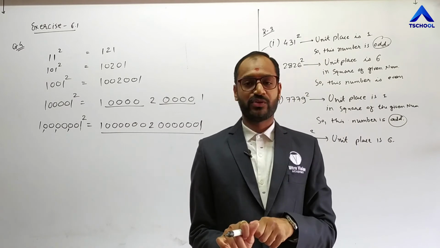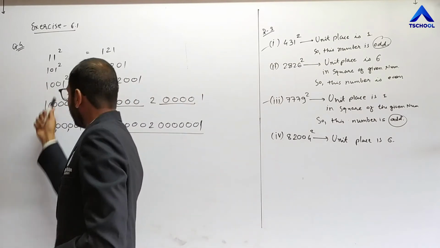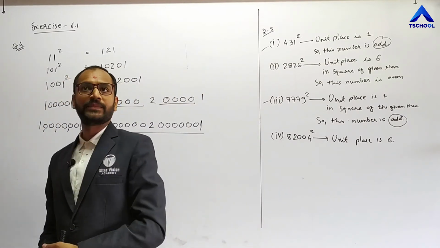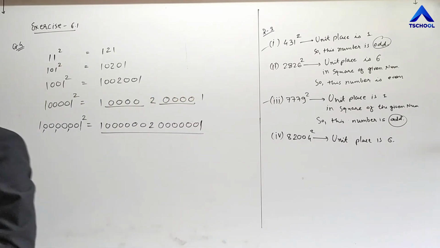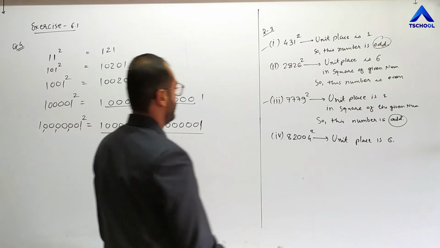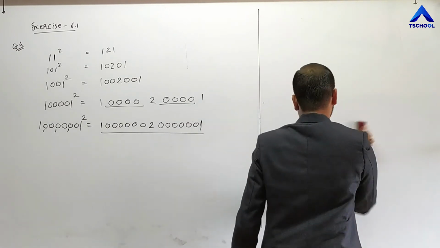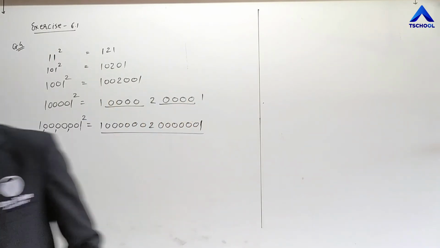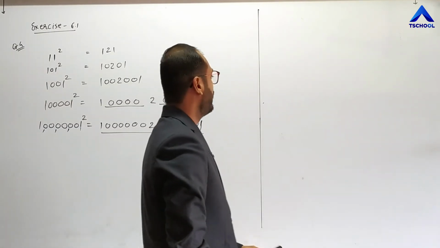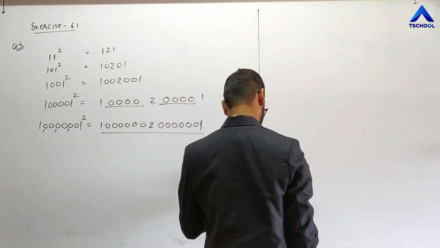Clear? So by using this pattern, you can obtain the square of the same type of pattern. Clear? Now the next pattern is: find the missing numbers of the given pattern. So let me find it. How can you obtain it? Let us write this pattern again, which is given in the question, and then we will understand what the pattern is first. Question number 5.